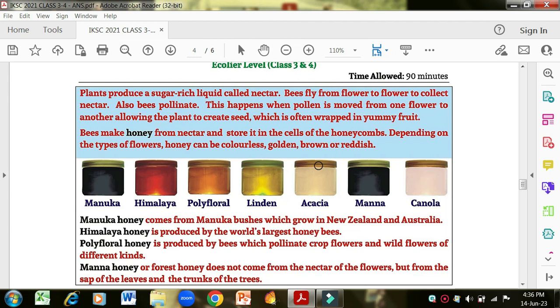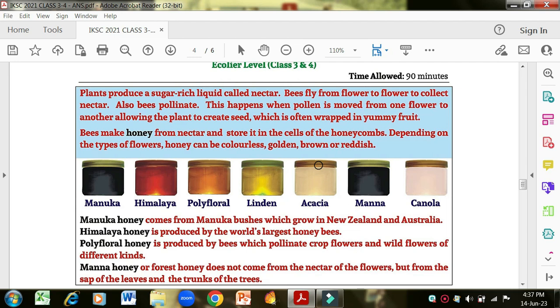Now here in this paragraph we have seen that if you already know the parts of the plant or how the flower is formed, flowers have nectar and they have pollens also. I told you that pollens are the dry powder, and that is used for pollination. And nectar is a sweet sugary liquid that every flower is having, and that nectar is collected by the honeybees and they produce honey out of it. And the pollens, they just stick with the body of the bees and they help in pollination.